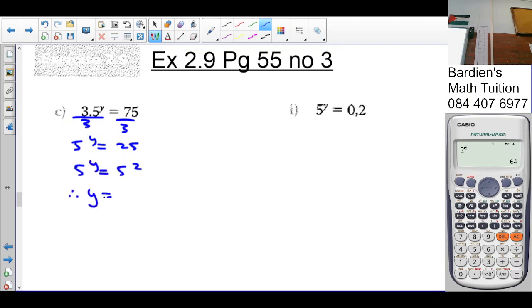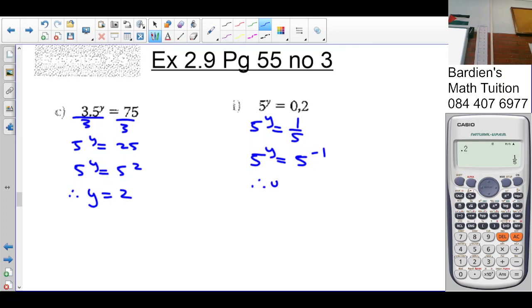Therefore, y is equal to. Okay, next. 0.2 can be written as 1 over 5. Right? 0.2 equals 1 over 5. You see that? So 5 to the y is equal to 1 over 5. But 1 over 5 can be written as 5 to the. Therefore,